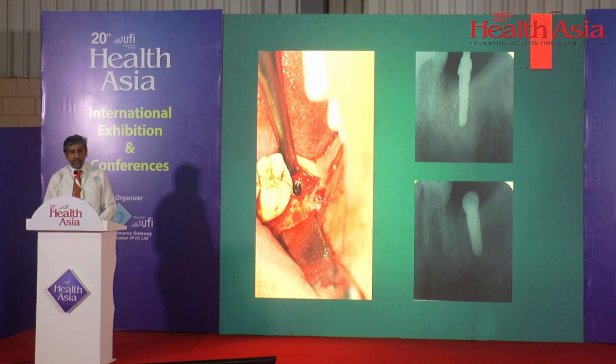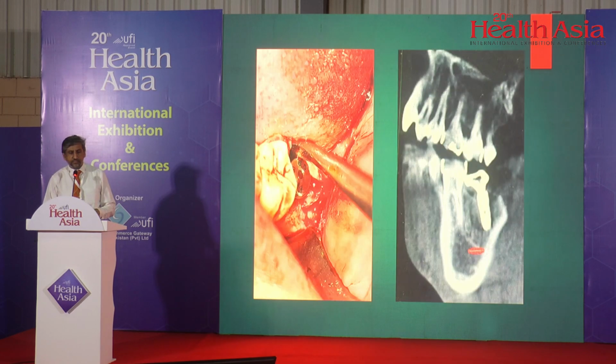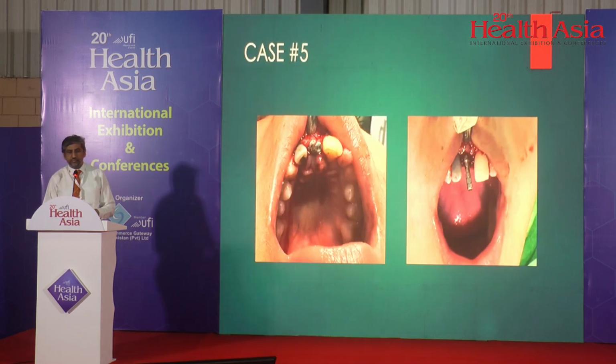So we placed the implant. You can see the parallelism. You can see the implant is being placed here at the bone level. For the socket, it should be 2 mm below, and for a normal implant, it should be at the bone level. You can see the healing cap and the crown as well, and the level of the crown. The crown is very down because of the supraeruption of the 7.